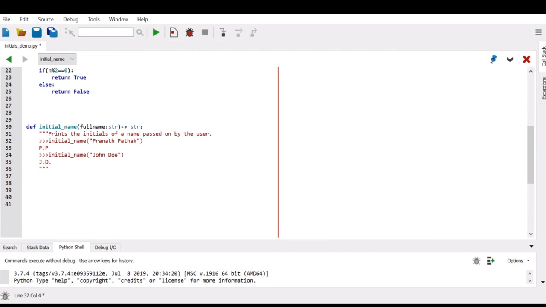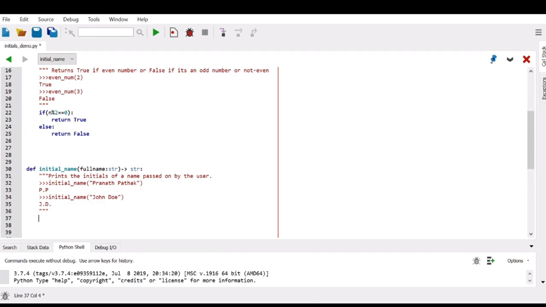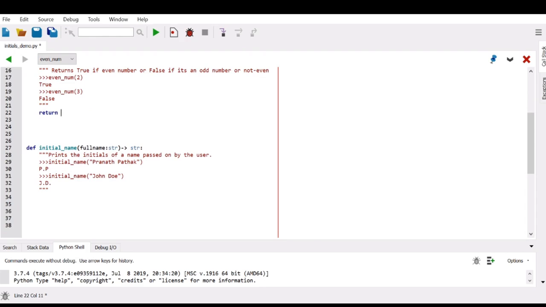Something I want to mention is you could actually refactor your previous function to just return the condition, right? Yeah, definitely. I can do that. Yes, exactly. So here I can say return n mod 2 equal to 0.